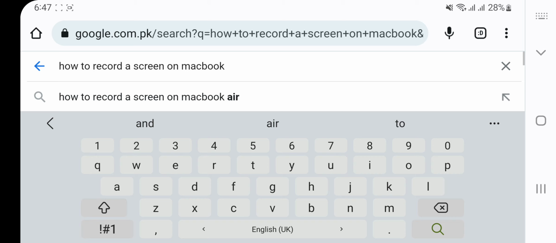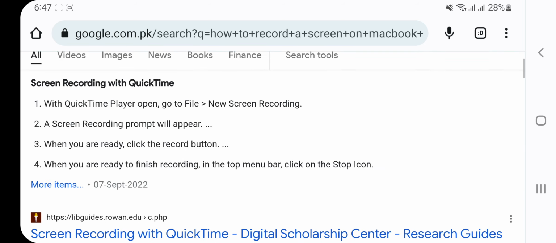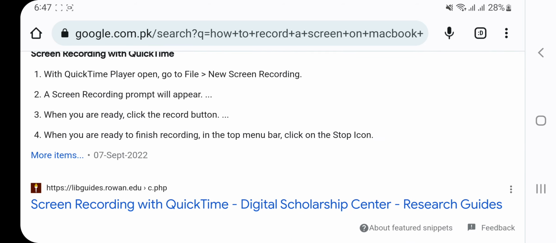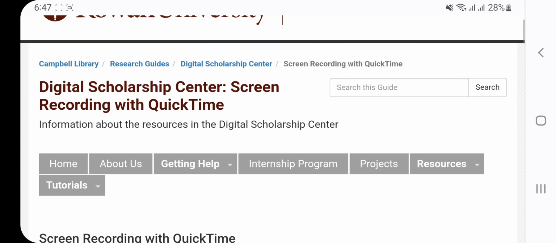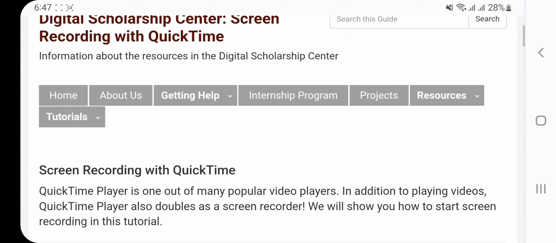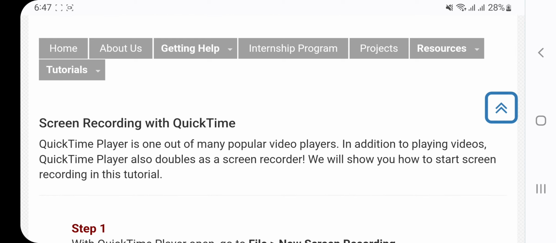Okay, today we will discuss how to record a screen on a MacBook using certain software or QuickTime Player. Okay, with QuickTime Player, what will you have to do? You will have to just go to the file, the QuickTime, basically QuickTime